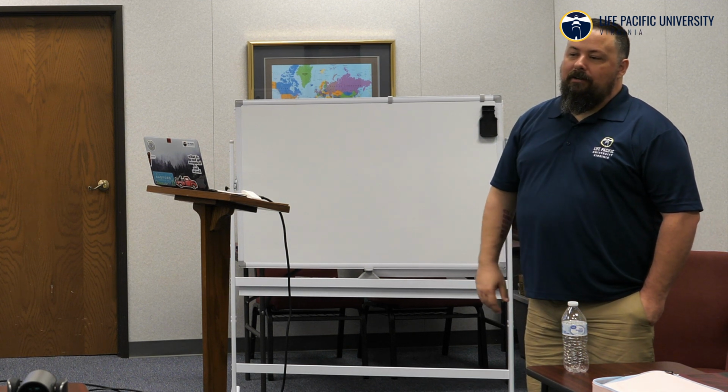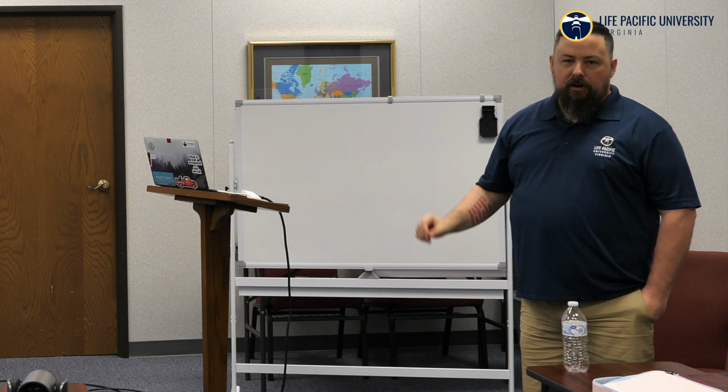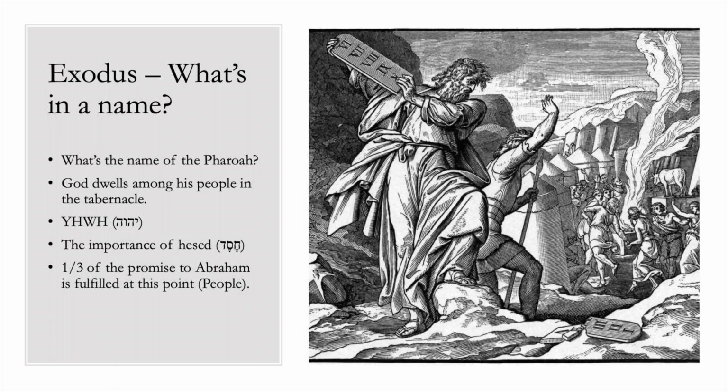But from a literary standpoint, not putting his name in there is like making him just some random unnamed character, that he's just called Pharaoh, right? It'd be like referring to somebody as police officer or governor, like we're not going to remember his name, right? Because he doesn't get that. What we're going to do is remember the names of people that are important, right? At this stage, God dwells among his people in the tabernacle.